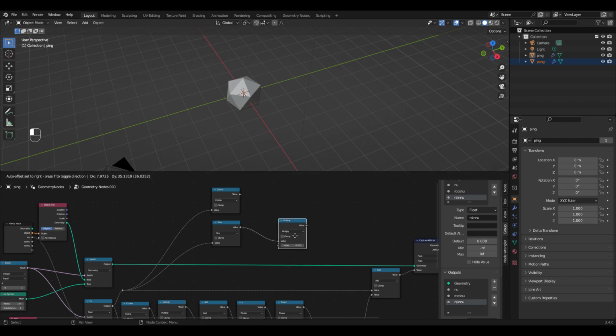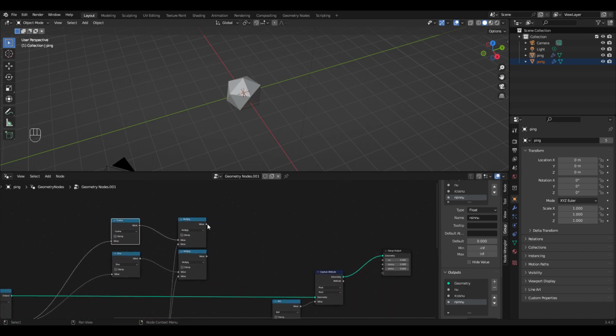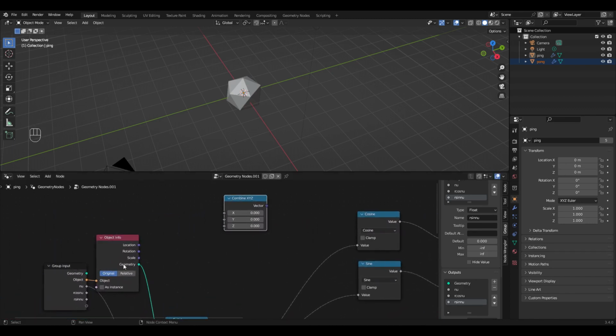And that's the positions, the x and y positions relative to where the main body is in this little orbital system. So I'm putting those into a combine x, y, z. And what I'm also going to want to do is take the positions that we're feeding through the system